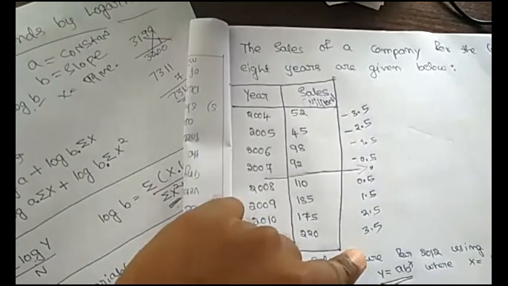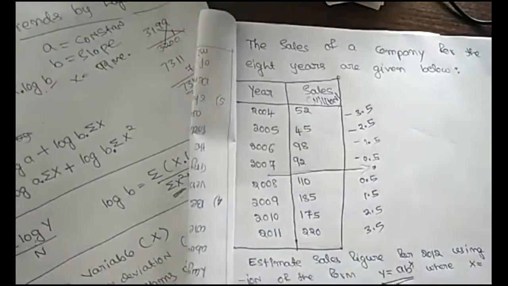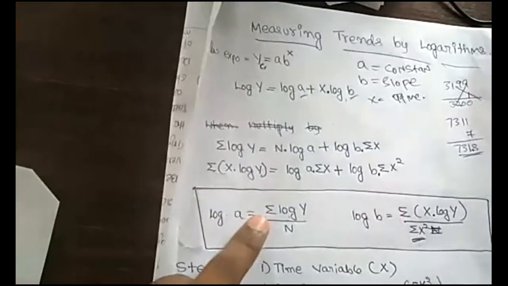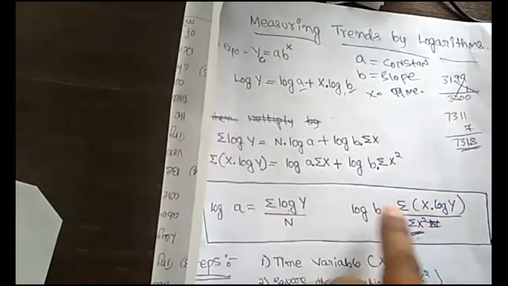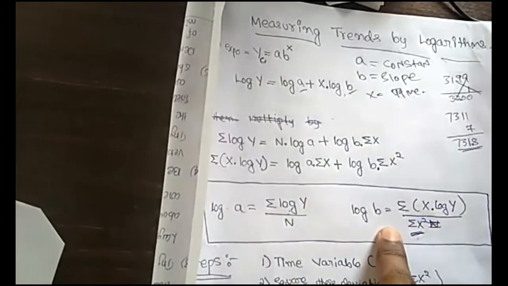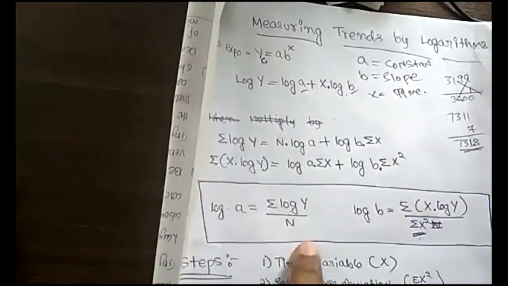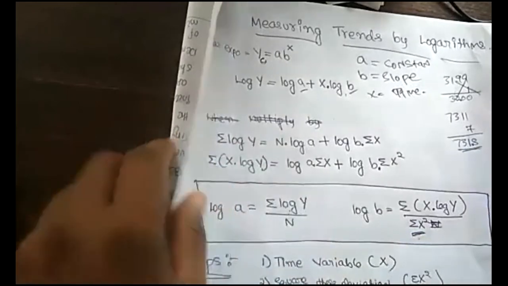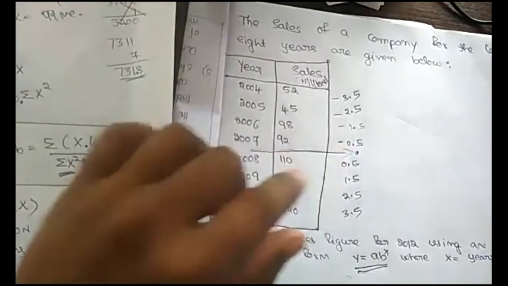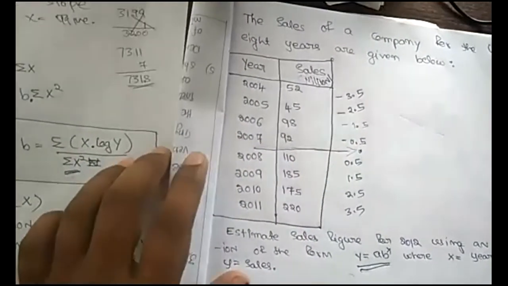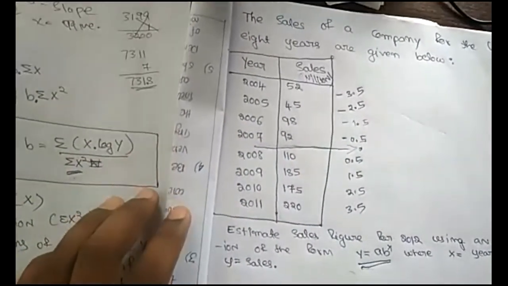So when the sum of x is 0, we get a simple formula to find the trend value. When the sum of x is 0, we can use these two equations directly to find the value of A and the value of B. Therefore, we follow this technique. You understood? So when we get even years,